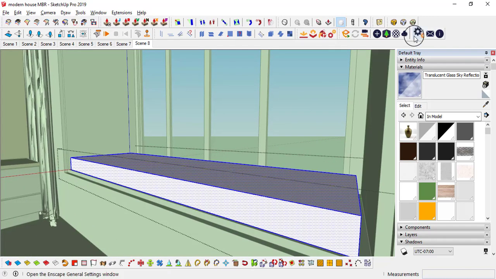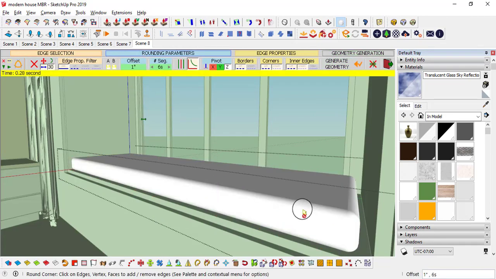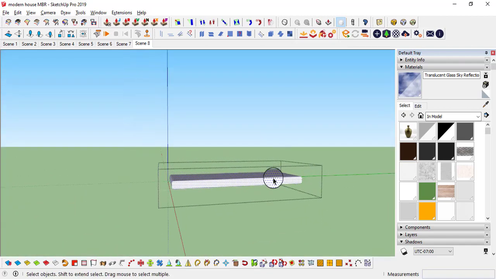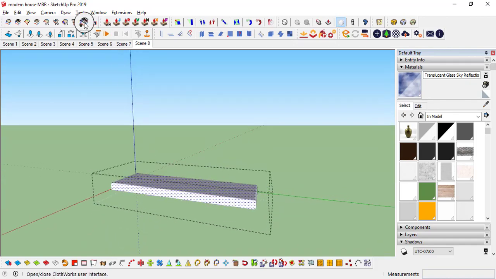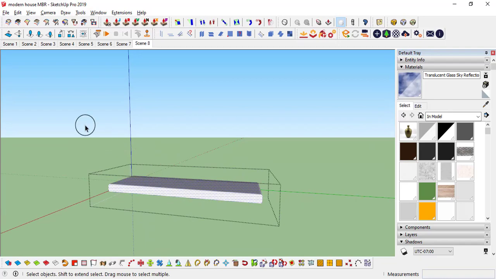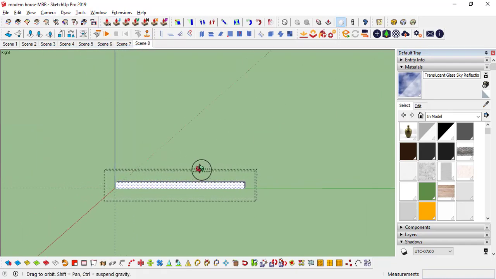Triple click, use this corner tool, round corner, 1 inch is enough. I'm going to click enter. This is like a cushion, and again I want to cut it half, so simply you can cut this half using this Zorro tool. Before that we need to make it parallel view, so camera, parallel projection, just adjust it, and here you will get this notification.